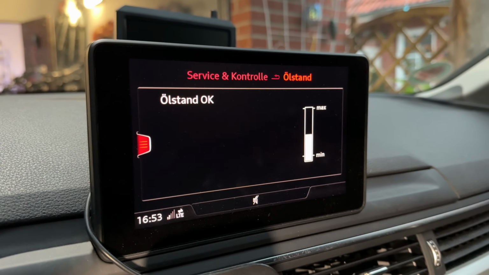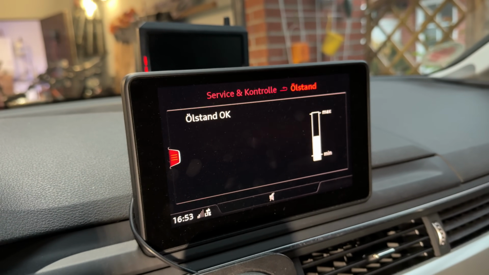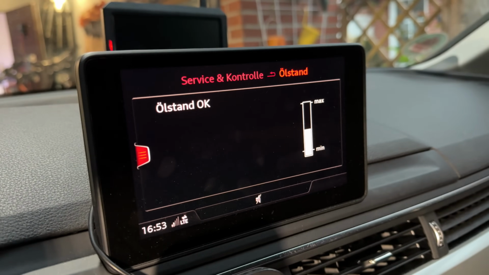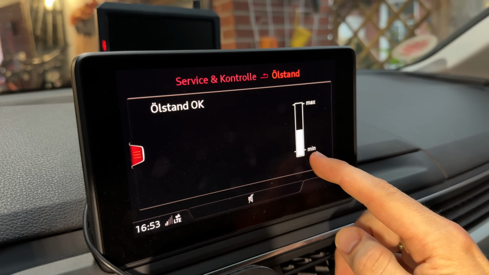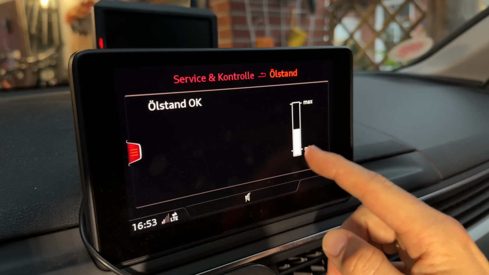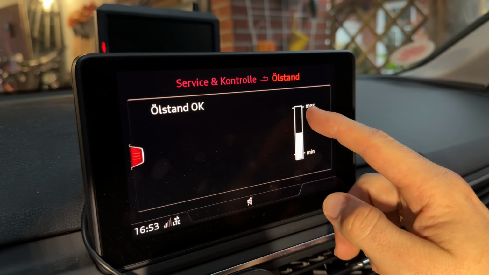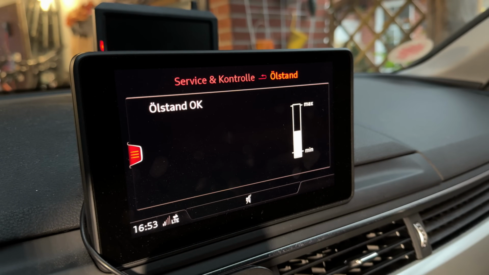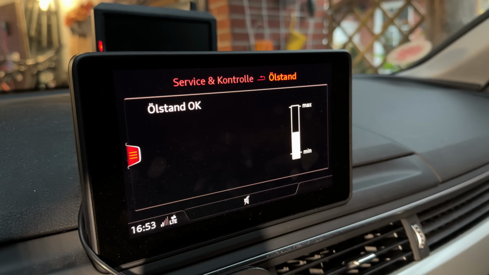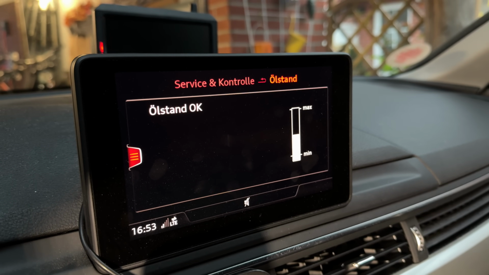And depending on how we drive and the conditions in which the car is used, oil consumption can be up to 0.5 liter per 1,000 kilometers. The oil consumption of an RS model can be up to 0.8 liter per 1,000 kilometers. The oil consumption is likely to be higher for the first 5,000 kilometers. The engine oil level must be checked at regular intervals, preferably when refueling, and before, of course, a journey.